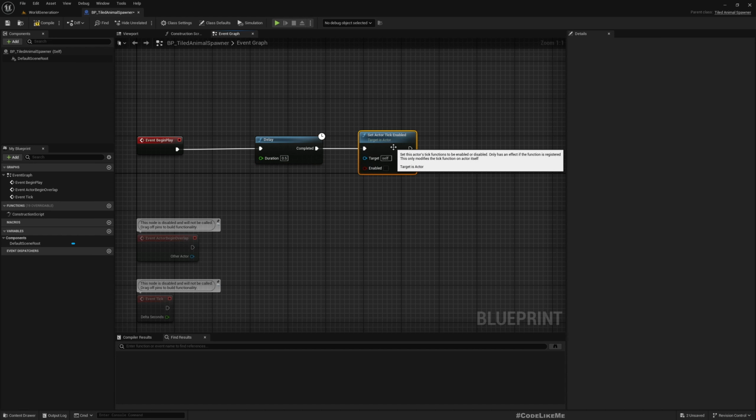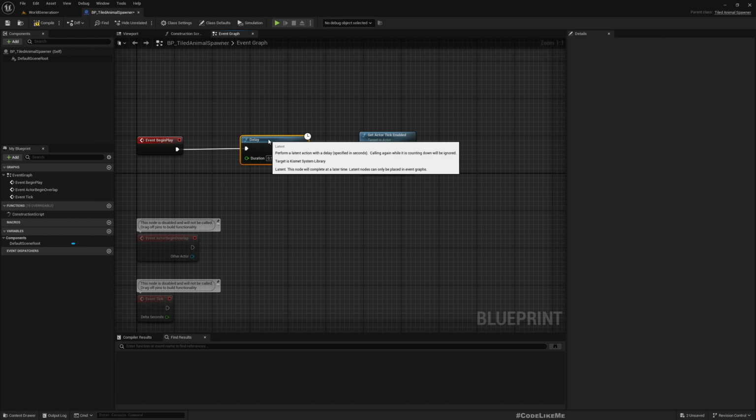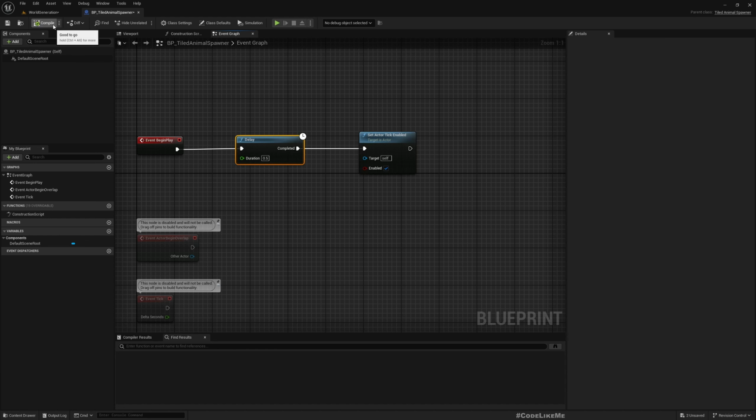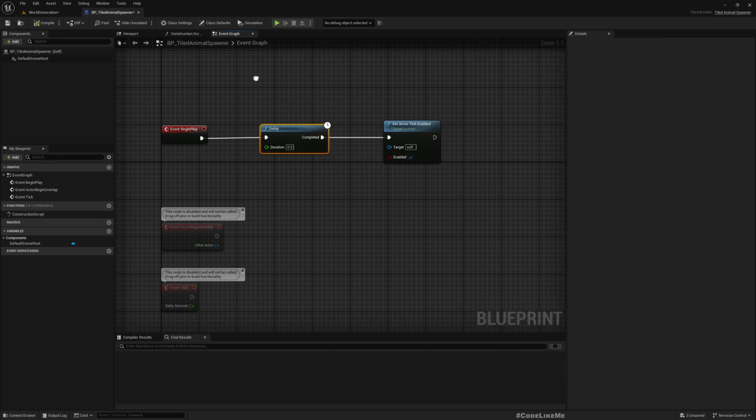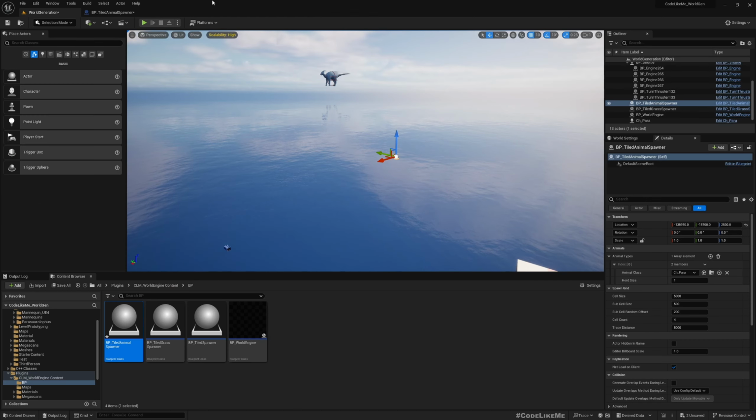The reason I do this is because it takes some time to generate the landscape, so only after the landscape is generated should we attempt to spawn animals, otherwise they will fall below ground. But still no such spawning happens yet. Okay,